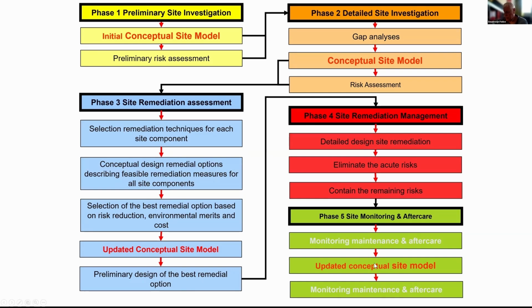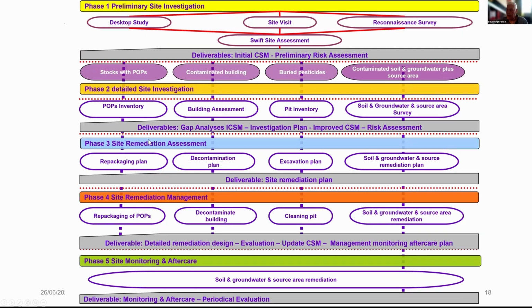And the information should be used to update your conceptual site model. And here are the different site components. Stockpiles: inventory, repackaging plan, repackaging, and monitoring. Contaminated buildings: assessment, decontamination plan, decontamination, and if necessary, monitoring and aftercare. Buried pesticides: pit inventory, excavation plan, cleaning of pit. Contaminated soil and groundwater: survey, your remediation plan, remediation,